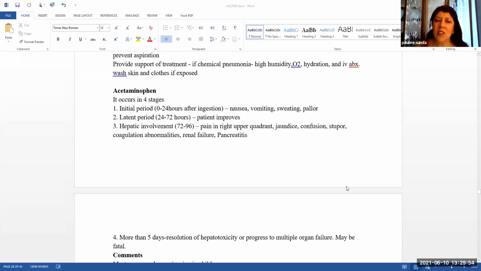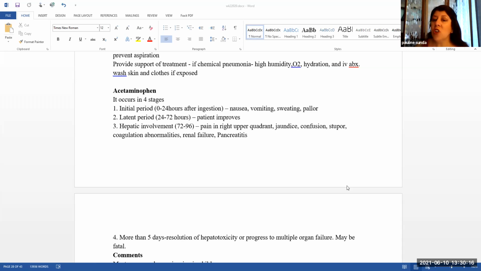Acetaminophen. This toxicity occurs in 4 stages. The initial period is 0 to 24 hours after ingestion, and they would experience nausea, vomiting, sweating, and pallor. The latent period is 24 to 72 hours, and the patient looks a little bit better. The hepatic involvement is usually 72 to 96 hours later, and here they're going to experience pain in the right